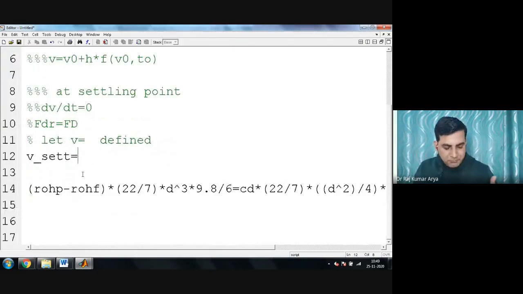If I do that, my question itself will become the problem. So I need not solve it by parts, because I cannot calculate the settling velocity from here. Why was I thinking to calculate it? There is a reason for that. If CD were known to me, I would know the settling velocity, so in the integration part I would know where to run it. But that is not helping me here, because CD is again a function of velocity. So there is no point in solving this separately. Correct or not?